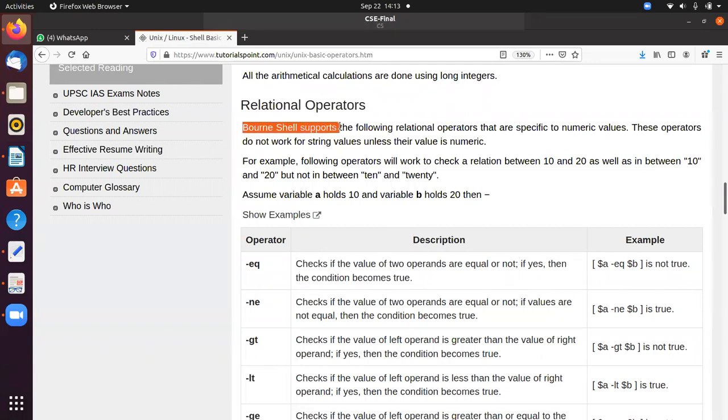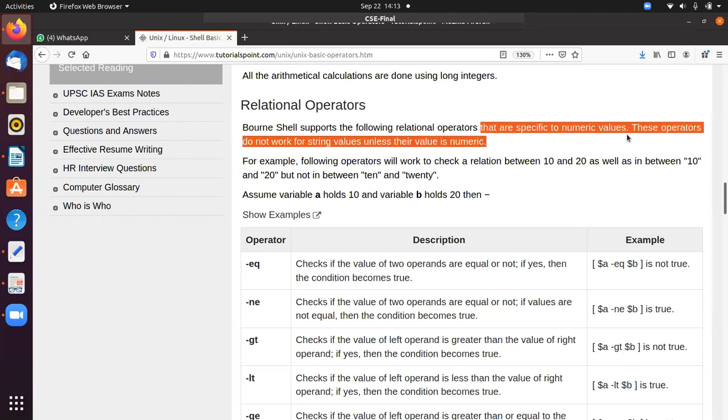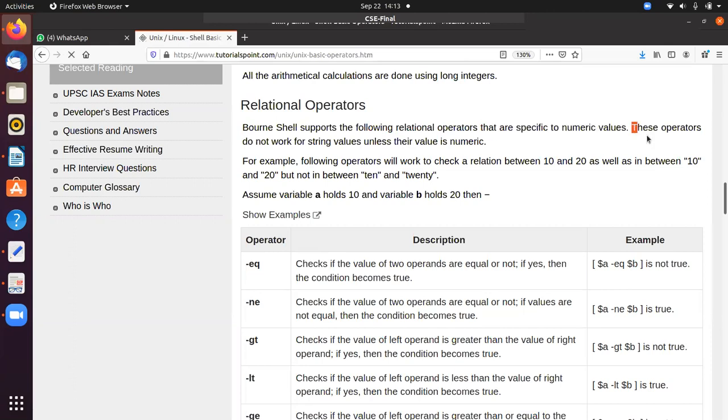So Bourne shell supports the following relational operators that are specific to numeric values. So we can compare the numeric values only. We cannot compare the strings. So these operators don't work for string values unless their value is numeric. For example, here they are giving one example.